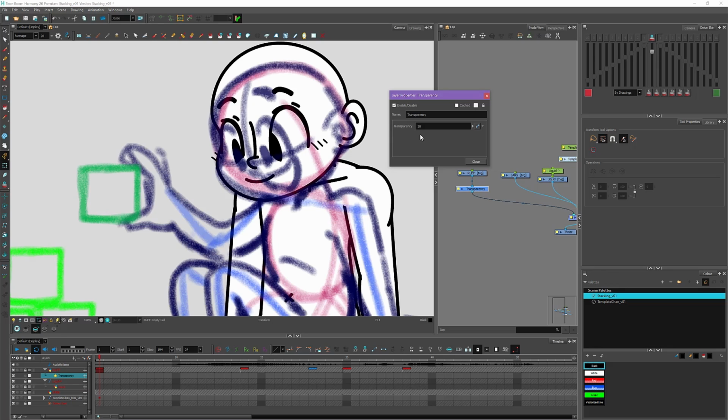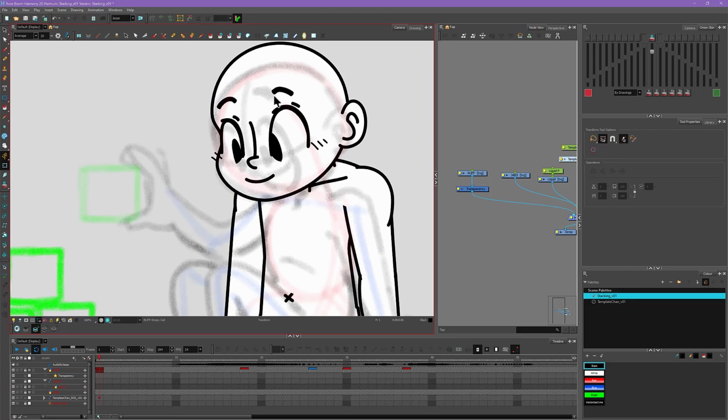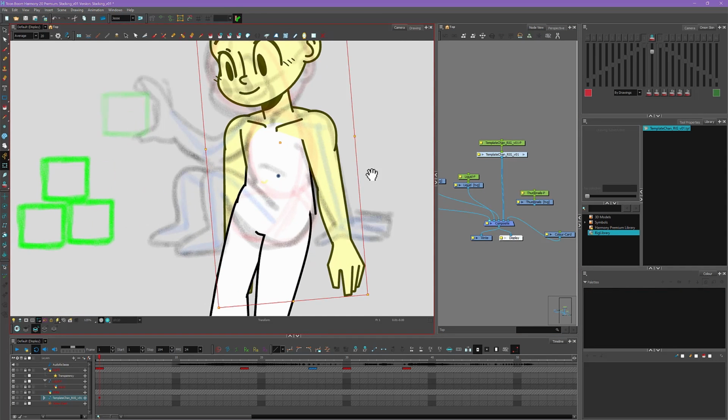This works backwards from how you might think. It's the amount of transparency that this is doing. So if you want it to be 20% opaque, you would actually put in 80% transparency here. And you can see that makes it a lot more transparent. So it's kind of the opposite of what you would think, but that's the way I tend to think about it, is it's the amount of transparency. So let's continue posing out our character here.